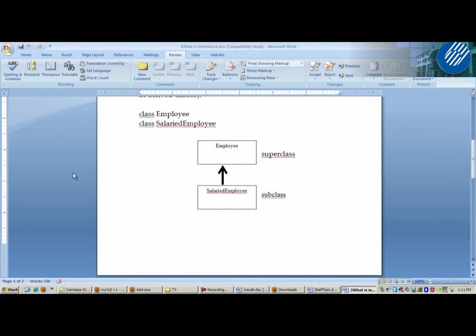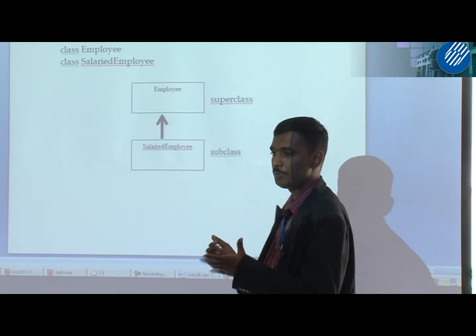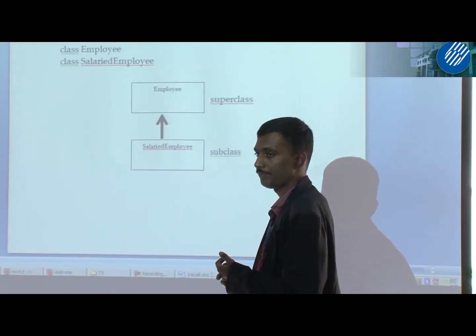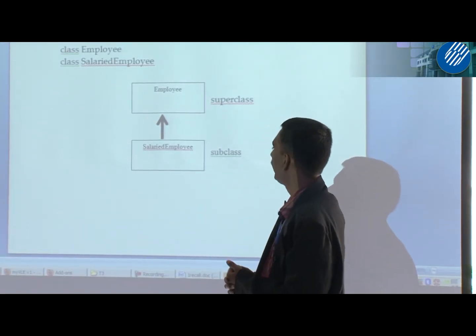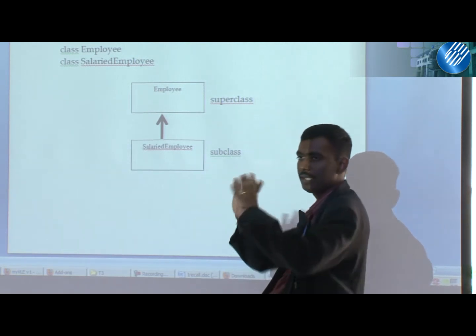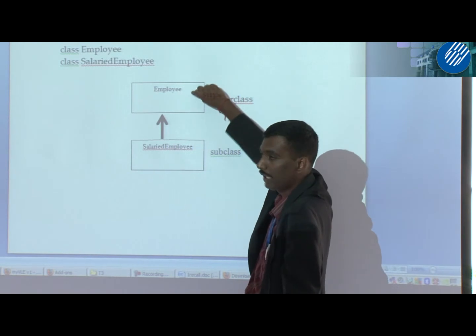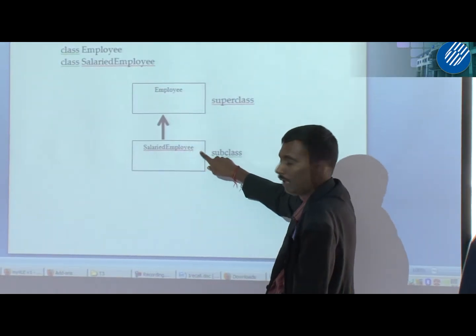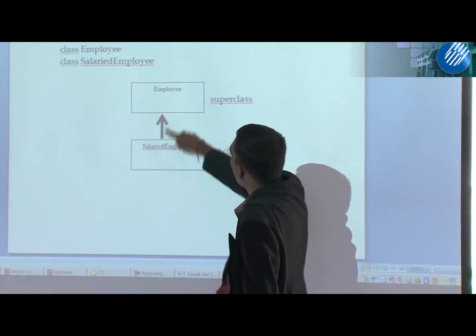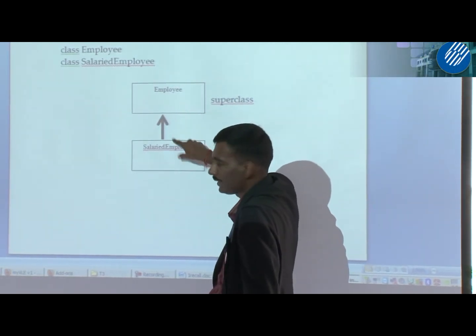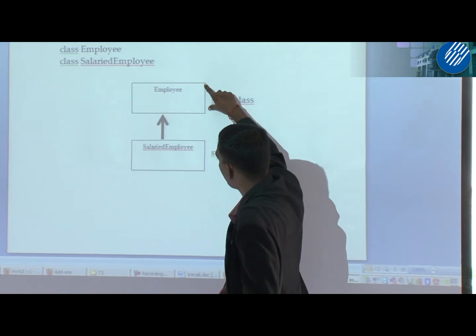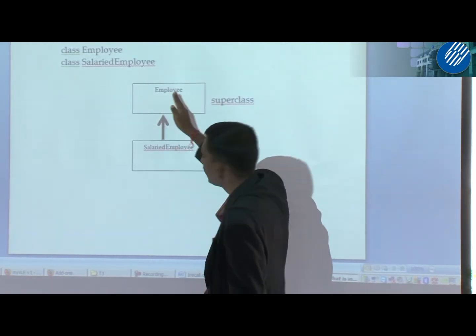Okay, basically, if you know UML, have you taken CBOP 3103? No, not yet. Then you will learn after this. So if you want to show that in a diagram, you draw it like this. This is employee class in a rectangle. This is salaried employee, right? Then you just put the arrow which goes up. This is subclass. This is superclass. So the arrow should point to the superclass.